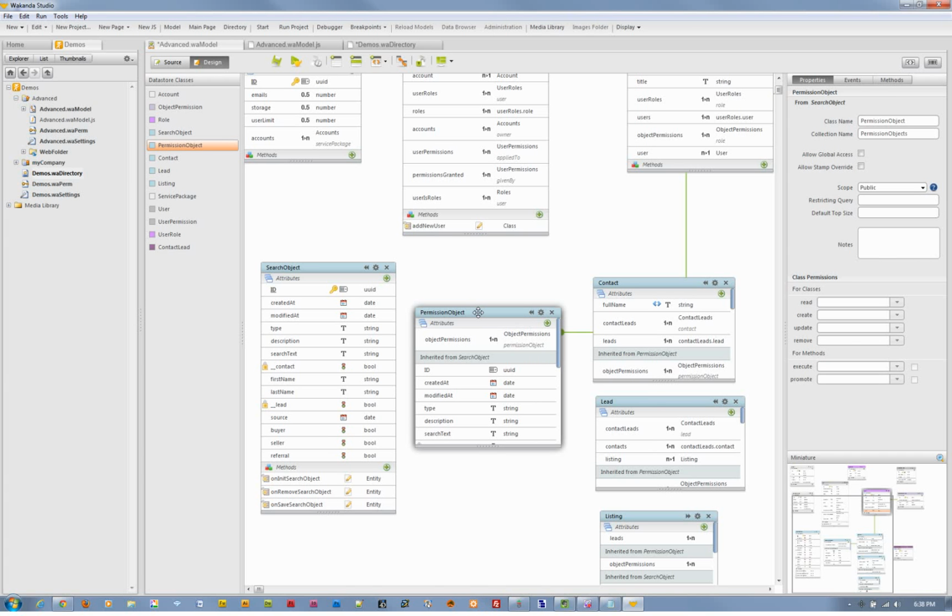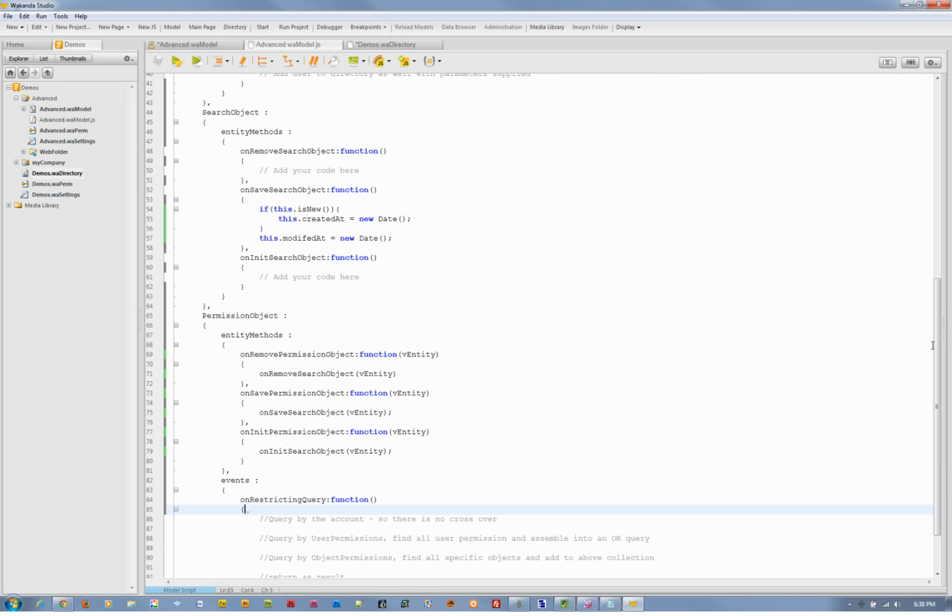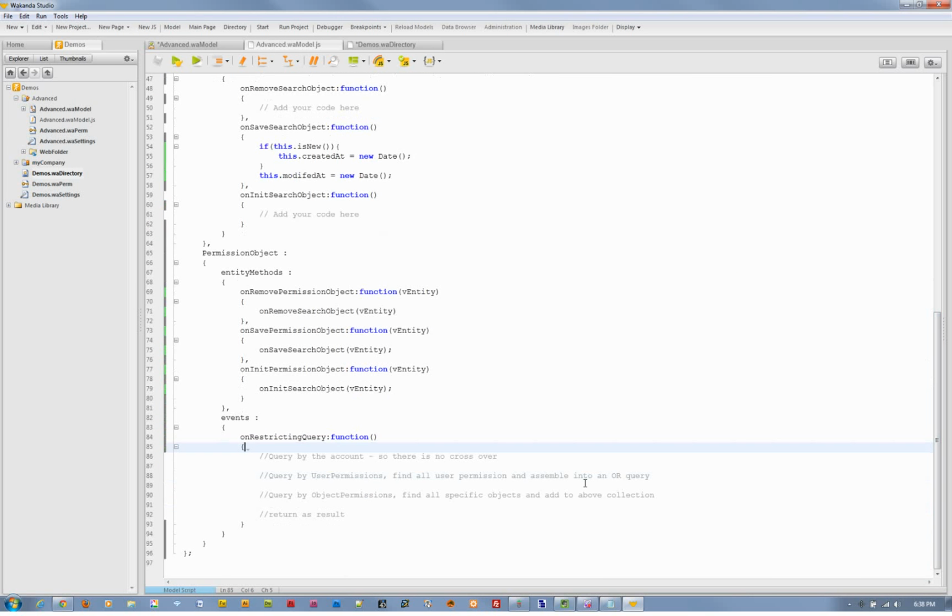So if we go into search object, the big thing here is the events on restricting query. And in on restricting query, I've just put some text of what I would do in here. This thing is not functional. There's a lot of work to be done to it. I'm trying to give you